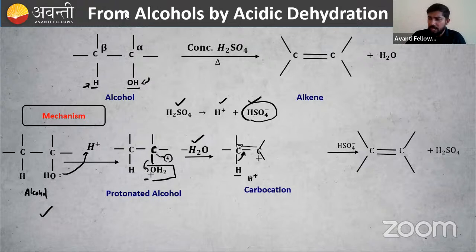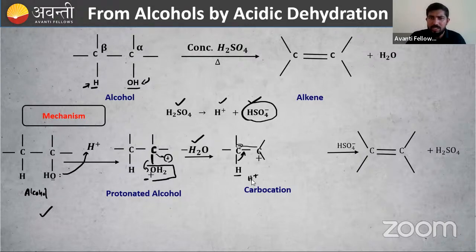For the exam, what do you have to do? There is a hydrogen, there is an OH. Remove them, right? Water, then a carbon-carbon double bond is formed. Is that clear to you, JNV Palakkad students? Protonation, to make it a better leaving group. Then remove the water. A carbocation is formed. If a carbocation is formed, you have to check for rearrangement. Suppose a primary carbocation is formed, the system will try to make it secondary. Why secondary? It is more stable. Okay, good.